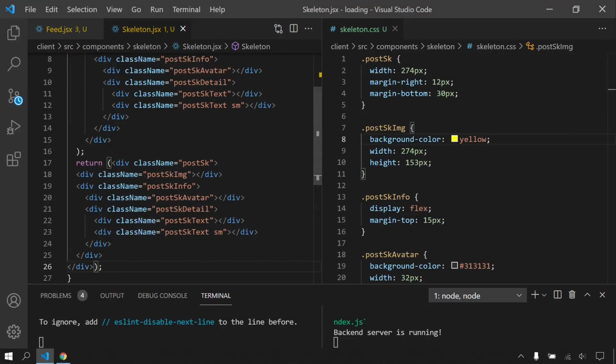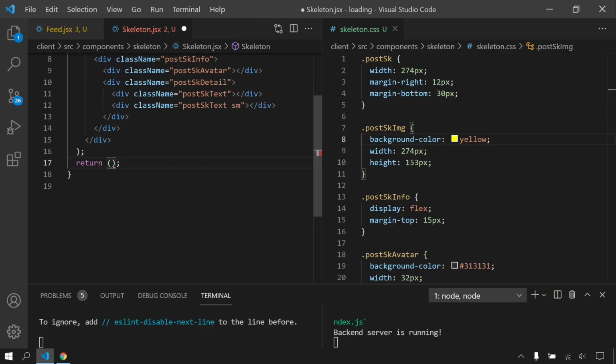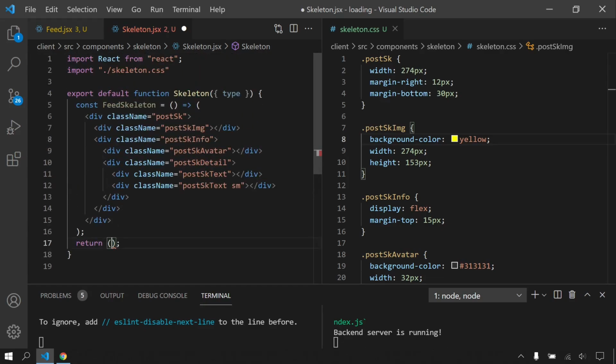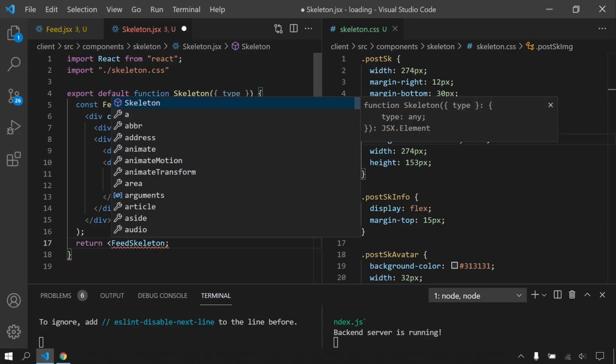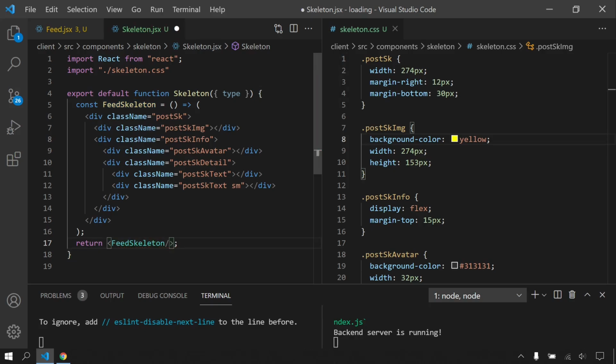Okay, it's here. So our problem is returning this component. That's because I forgot here my component tags. As you can see, it's still here. Let's change this color. Okay, perfect. Our image and avatar.